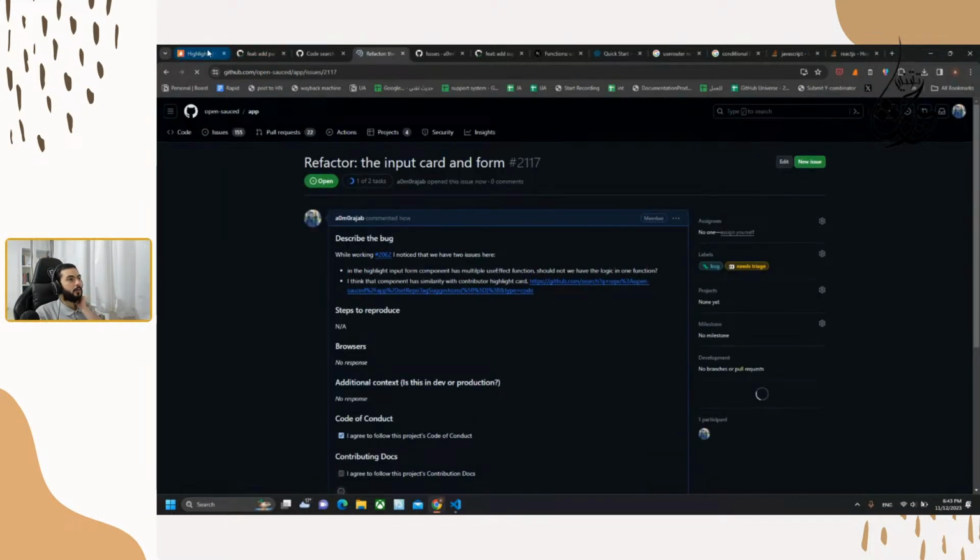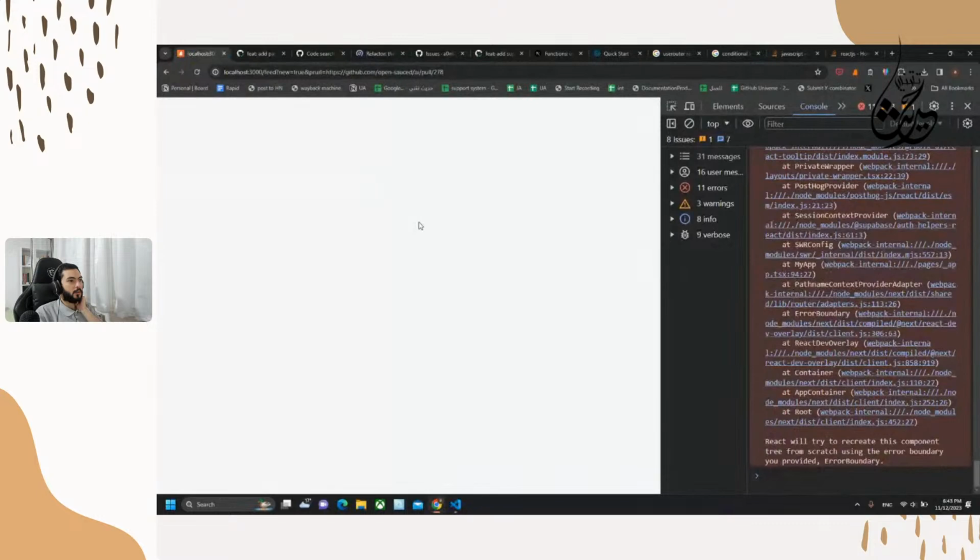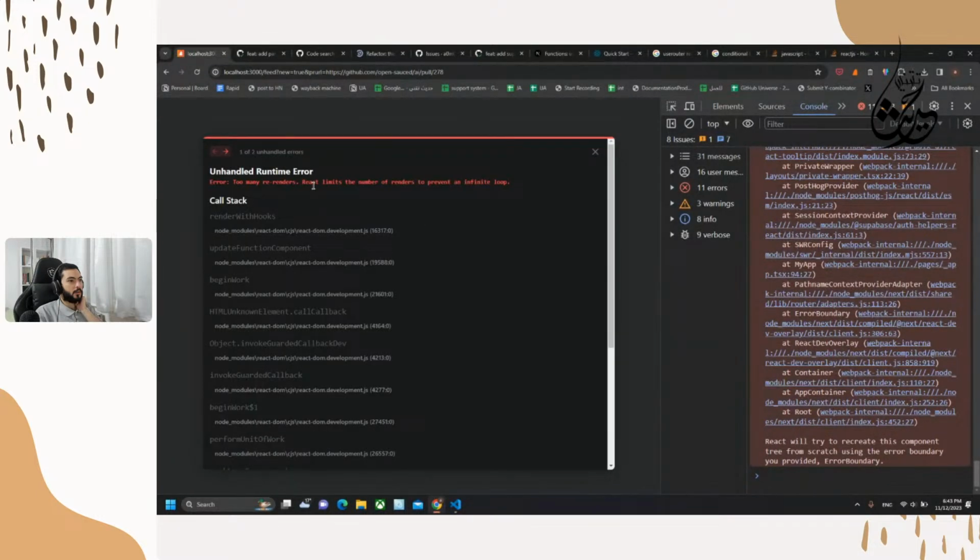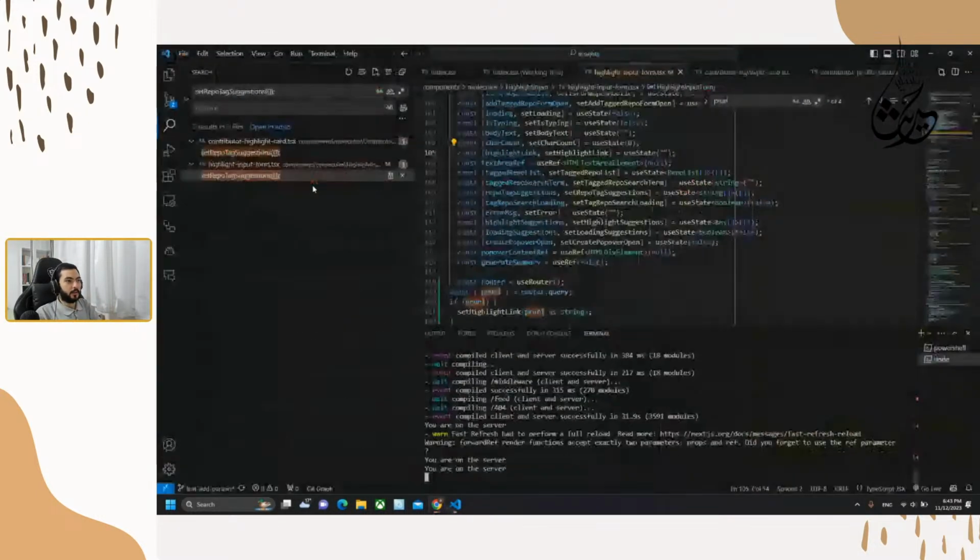Let's see the code that we are expecting it to run. Yeah, so we are having too many renders again.